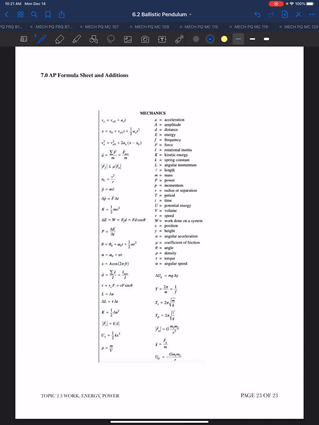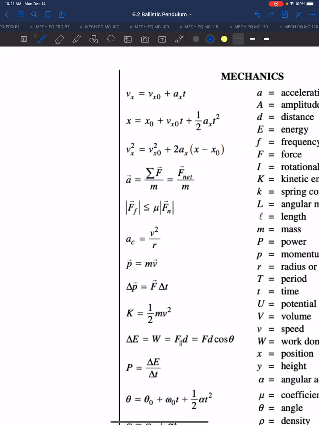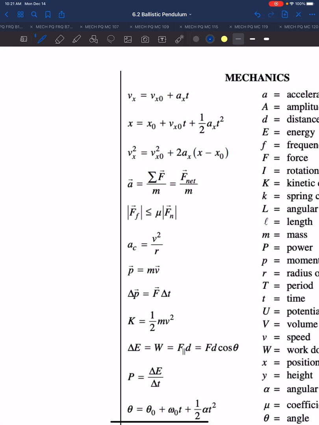In this installment, we're going to take a look at the AP formula sheet and make some connections to many of the formulas that we have learned so far this year, as well as to focus in on the formulas from this particular unit. So looking at the formulas, starting up at the very top, we have this first grouping